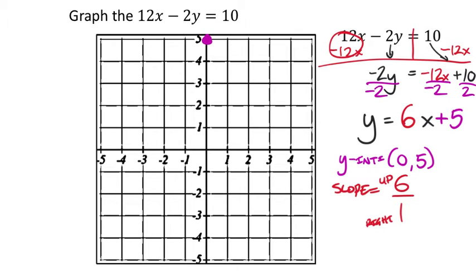Now you'll notice here, I can't go up 6 and to the right 1, so I'm going to have to reverse those. Okay, and what this essentially does is it makes it a negative 6 over negative 1, which changes the direction for us just so I can put it on the graph. So it's going to be down 6 because the negative is down for rise, and then the run being negative would be to the left. Now it's going to give me the same stair step, but down 6 and to the left one would be this point,